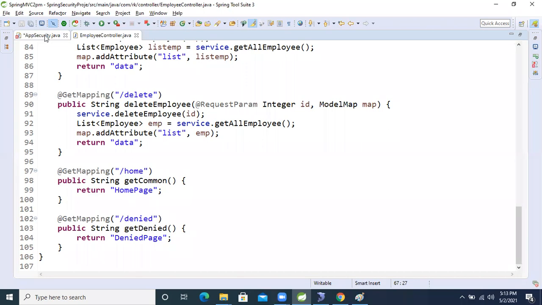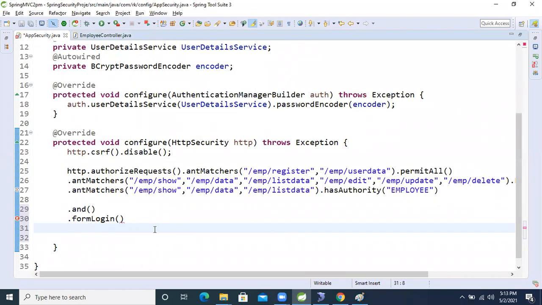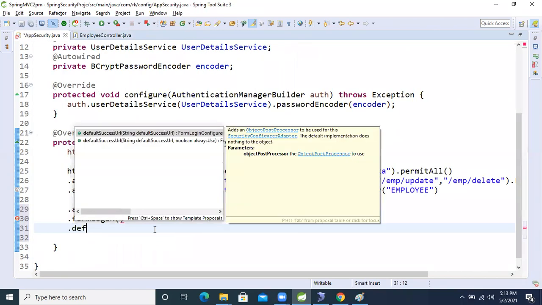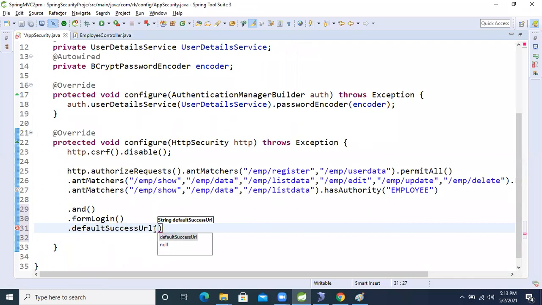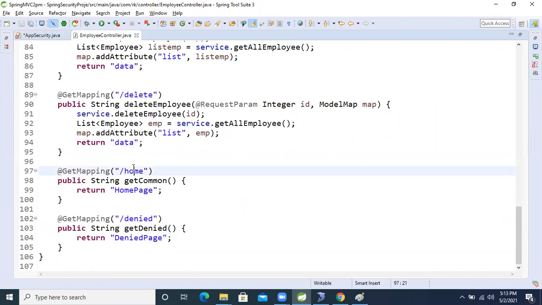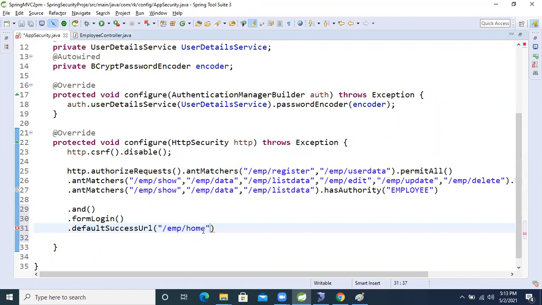So now, dot default success URL. Inside that, slash emp slash home page, right? Come inside that, paste it. Okay, now comma, make it true.